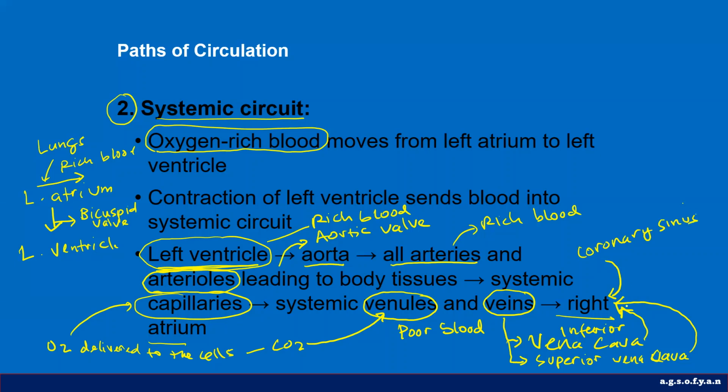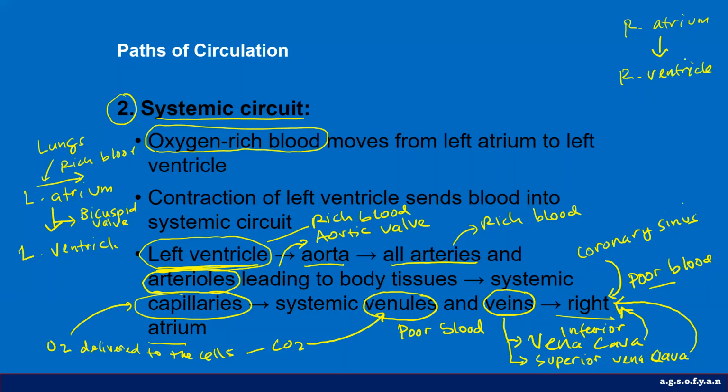Okay, and all of these blood vessels carry poor blood to the right atrium. So just remember, there are 3 veins or blood vessels that enter into the right atrium: inferior vena cava, superior vena cava, and coronary sinus. All of them carry poor blood. And just remember again, from the right atrium, the blood will enter into the right